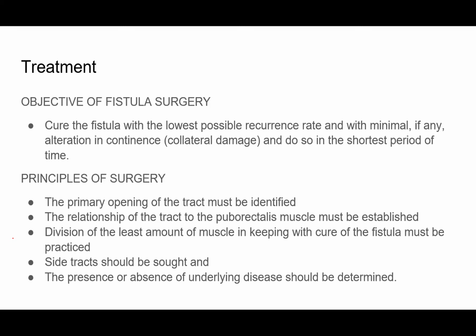We need to be able to outline the tract completely from the skin down to the opening in the midline. The relation between the tract and the puborectalis muscle must be established. That way we will know if it's a high-level fistula or a low-level fistula. Then division of the least amount of muscle is done in keeping with the fistula repair, so that we don't risk